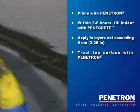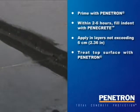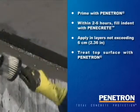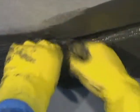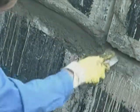The indents previously prepared first should be primed by brush with a coat of Penetron. Within 2 to 6 hours after priming, start filling the indents with Penecrete by hand or by means of a filling knife. In case a thick layer is required, apply Penecrete in several steps in laminated layers of a maximum